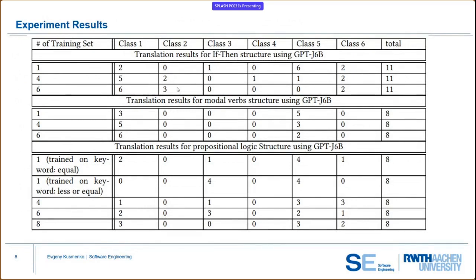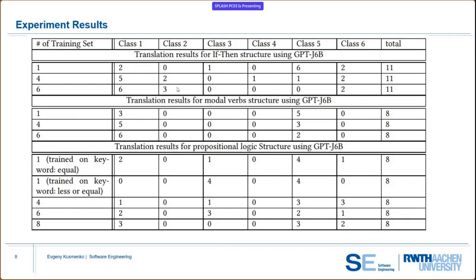So for our evaluation, we use the GPT-J 6B model. It's a 6 billion parameter model, which is an open source model, which is very similar to the corresponding GPT-3 model with 6 billion parameters. It's a very high performing model, but not the largest which is out there today.